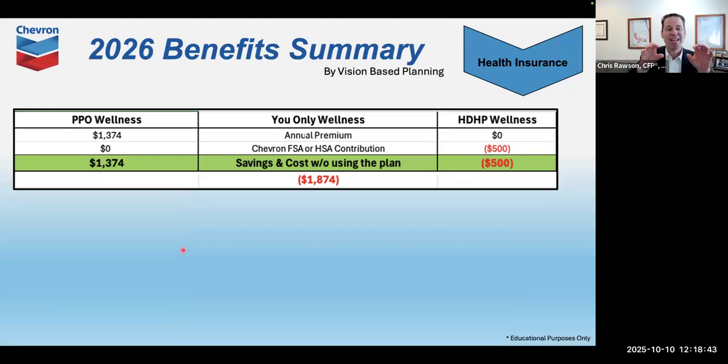So this first one is an individual comparing the PPO, again, in the wellness, to the high deductible health plan. You see in green right in the middle, savings and cost without using the plan, meaning you have the coverage and you go through the year and you go, I had a good year. Nothing really happened. I didn't have a lot of issues. Well, if you were on the PPO plan, the cost for you is